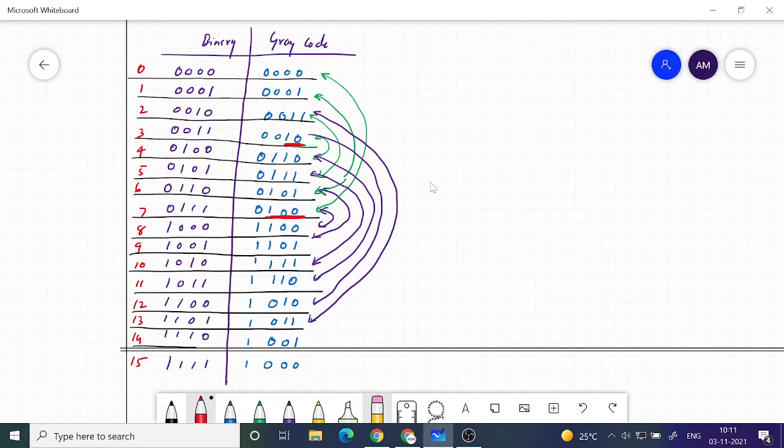If you look at the binary, that is what you are doing there also, but the difference will come in the next change. From 1 to 2, when you go from decimal number 1 to decimal number 2, what is happening is the 1 in the least significant bit position is changed to 0, and the 0 in the next position is changed to 1. So there is a 2 bit change, which is not allowed here.